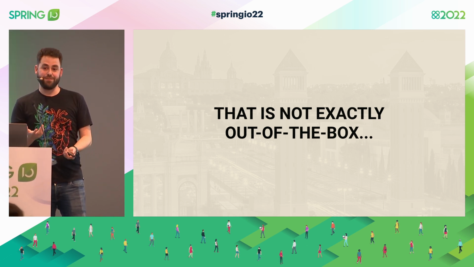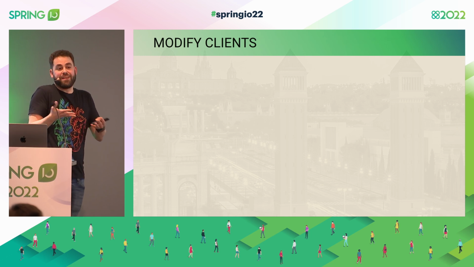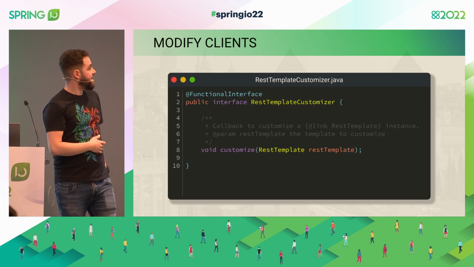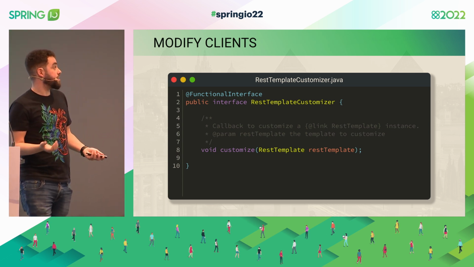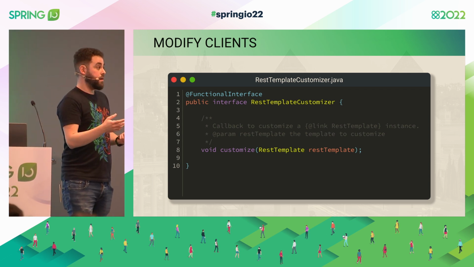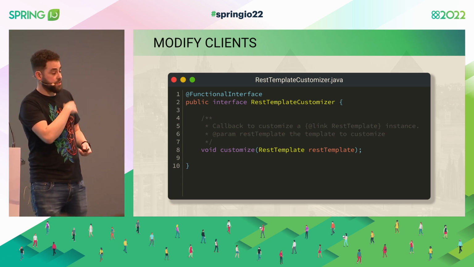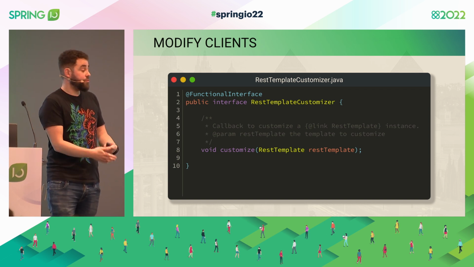So how can we do this a bit better? Mainly, it just comes to modifying the clients. That's what the application is having to do at this stage. And let's see if we can automate it, right? So the REST template client, in this case, there's an interface called REST template customizer that will just be called with all the REST templates that either are created on the context or just created by a REST template builder. And it just has full access to it.